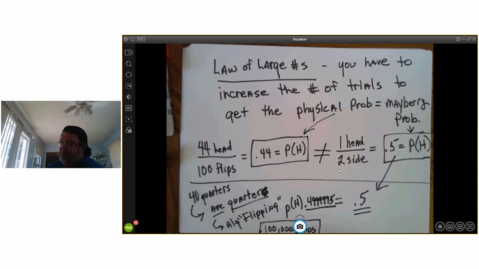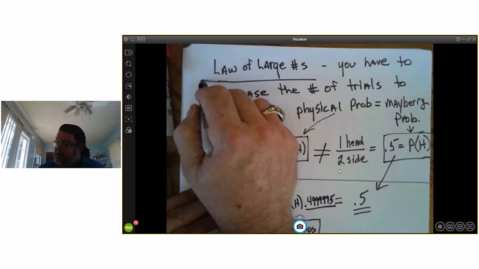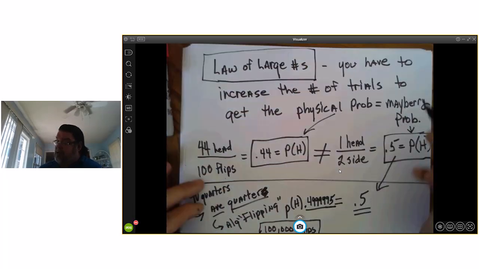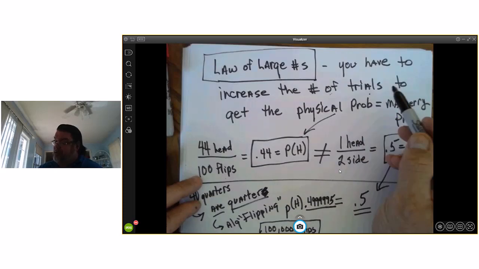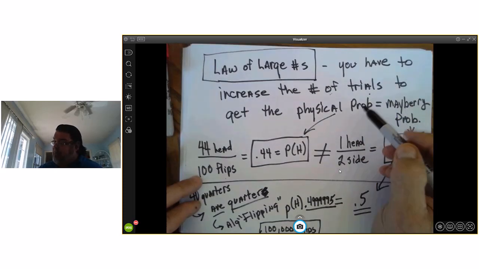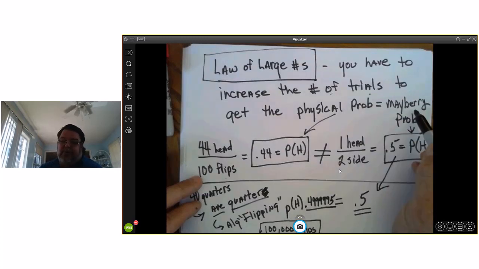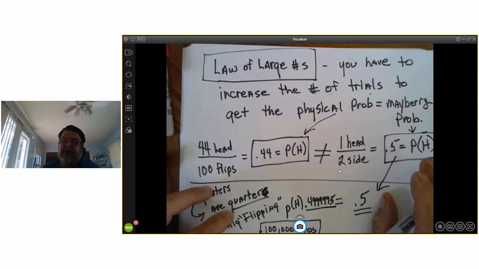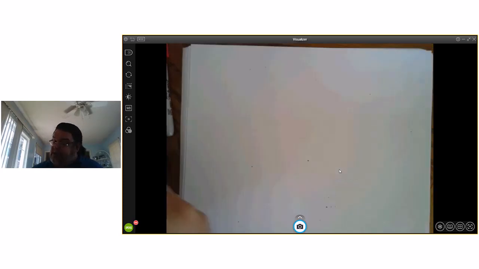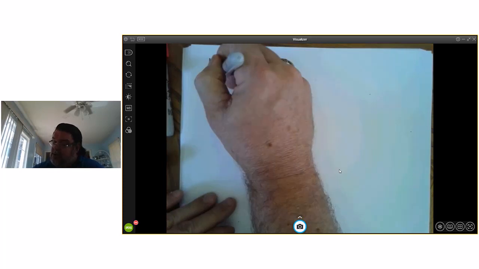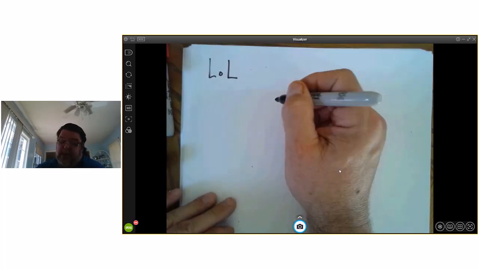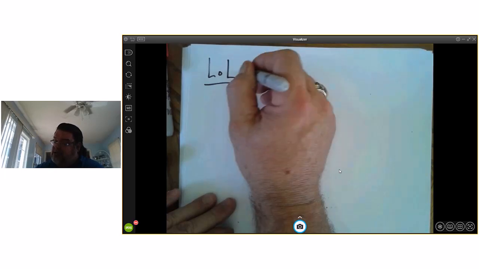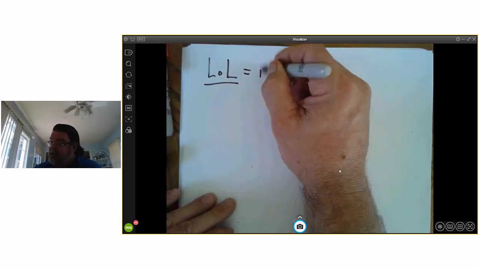100,000 flips. Now, why does that make a difference? Well, the law of large numbers basically says that you have to increase the number of trials of the physical probability to get the physical probability to equal the mathematical probability. Okay? Now, the law of large numbers, take that experiment and translate that into probability and statistics. We'll call it LOL, law of large numbers. Okay? The law of large numbers basically tells us in science,